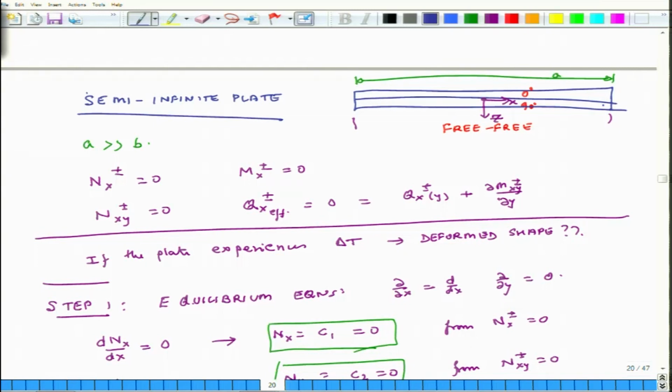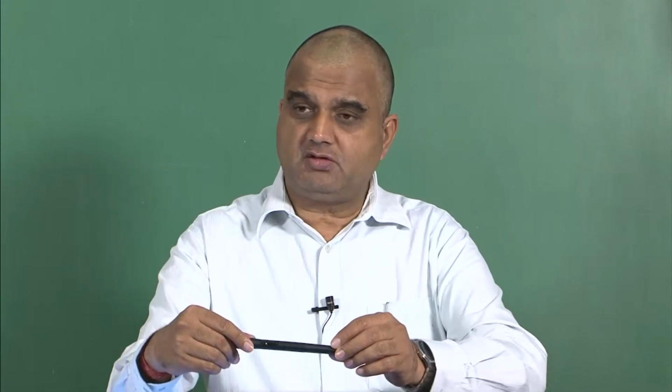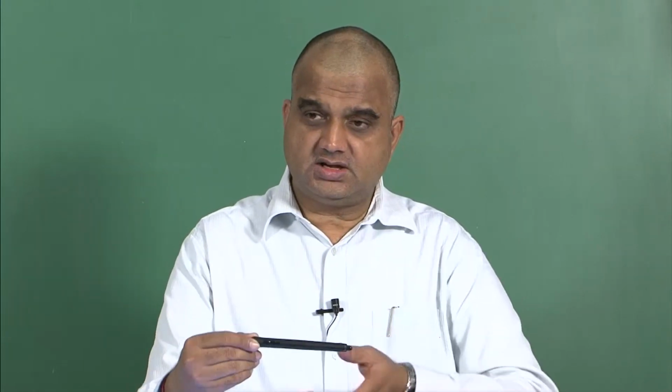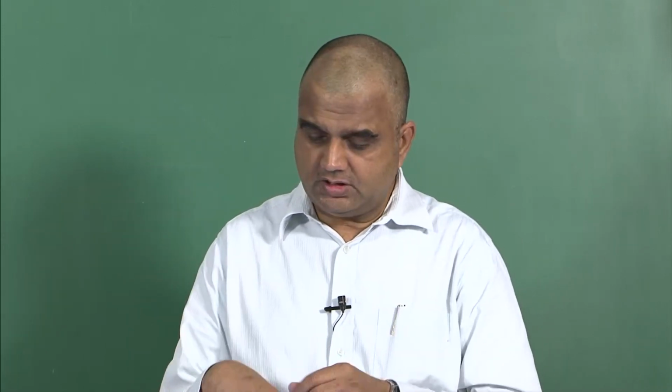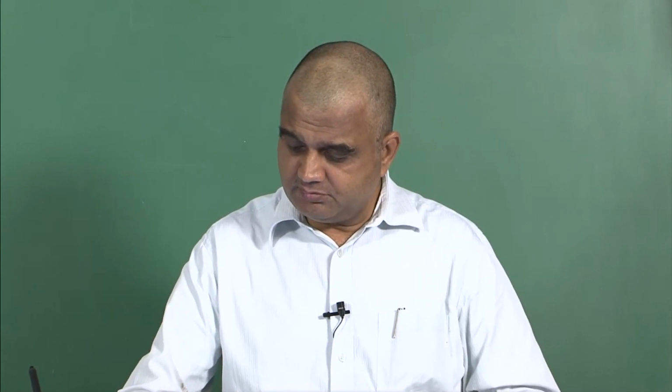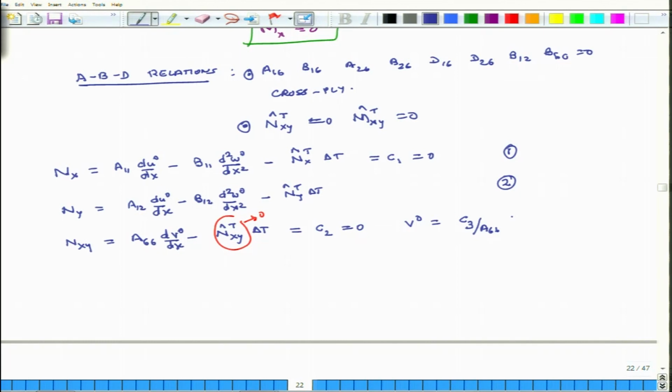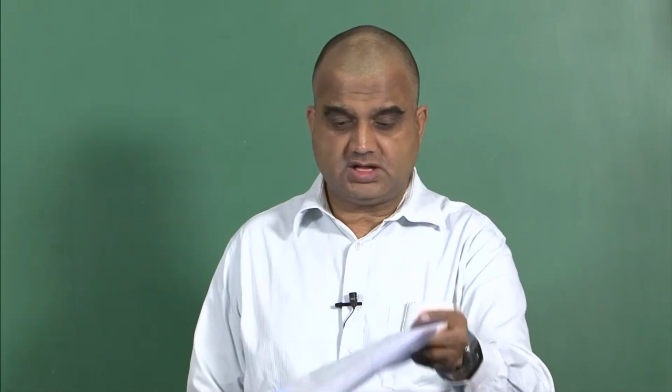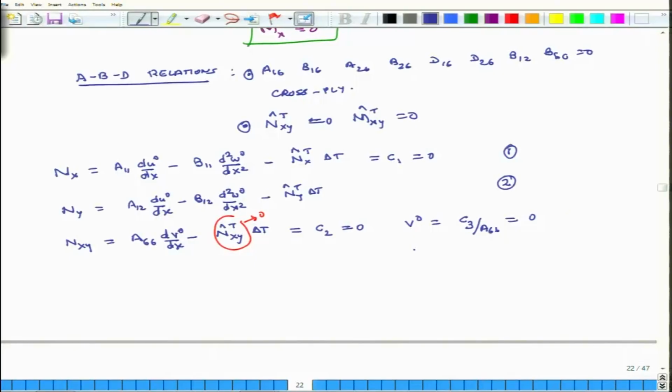What it means is that the plate could have the same displacement at all points in it, because it is a constant thing. So if I am just moving my plate, it has the same displacement. It is just a question of rigid body motion. So I can assume C3 represents rigid body motion. Suppose the plate is initially here and it just moves like this, so it is a rigid body motion. But if it just moves as a rigid body, nothing changes in the plate. So the state of the plate in this case or this case is the same. So I can as well assume that this is equal to 0, because C3 represents